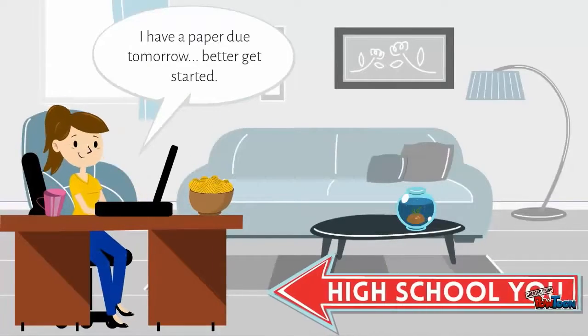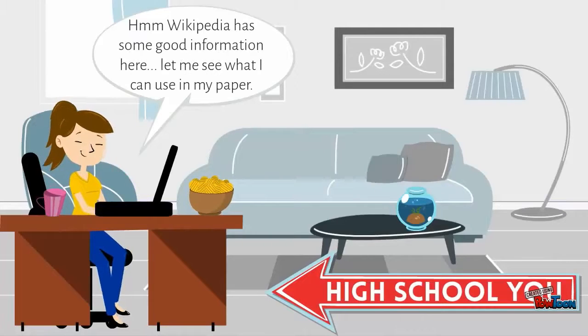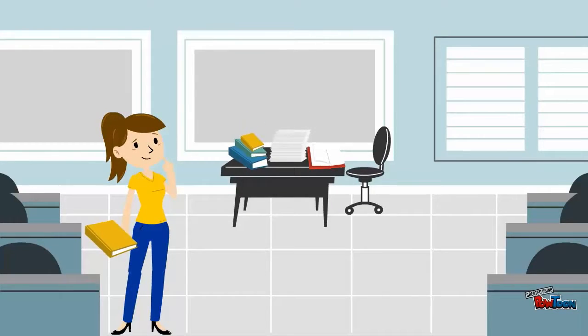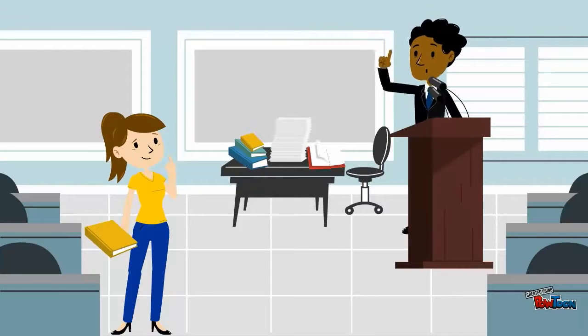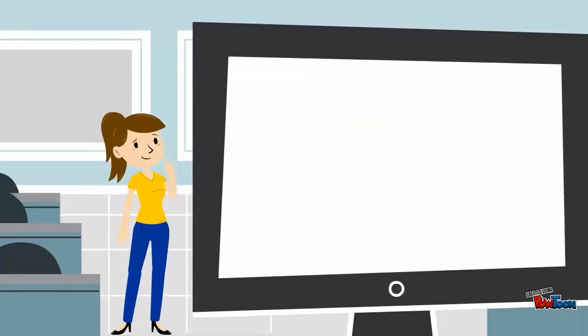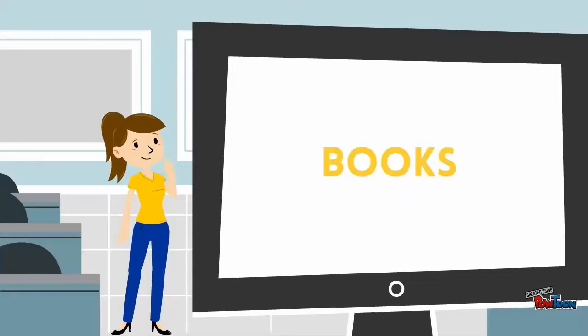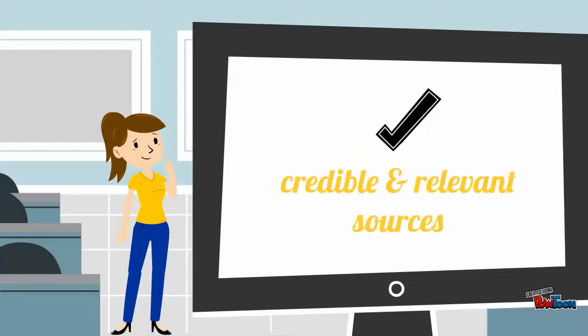You may have written a research paper in high school, but odds are that you were just regurgitating information you had found on a topic. In college, you're expected to take your research to the next level. When a professor asks you to write a research paper, they'll be expecting you to pose an original research question and to back up your writing with scholarly, peer-reviewed articles, books, and other published material from credible and relevant sources